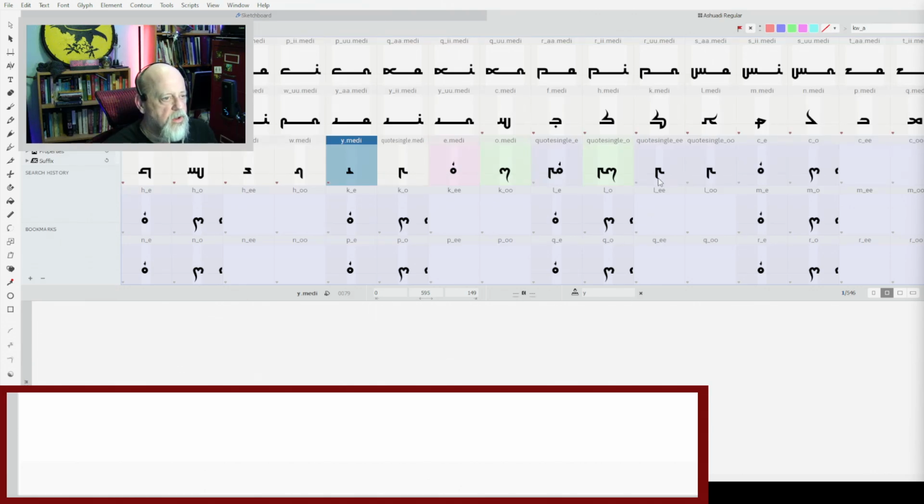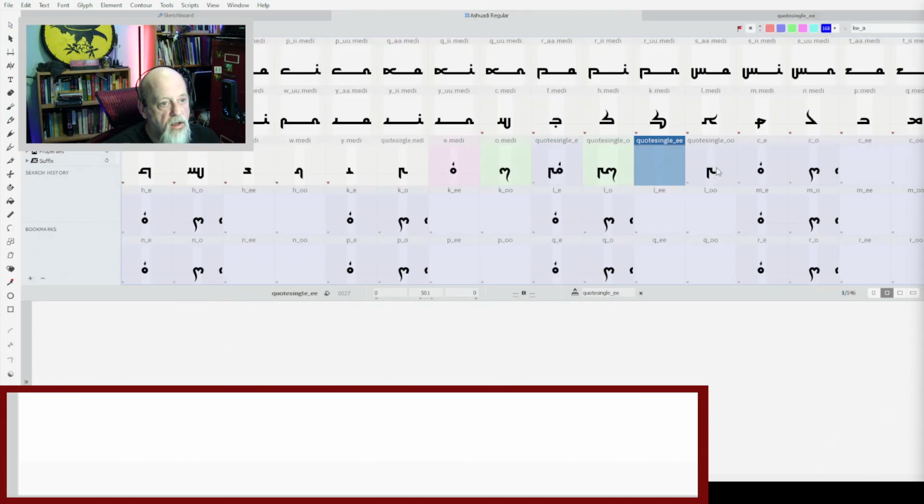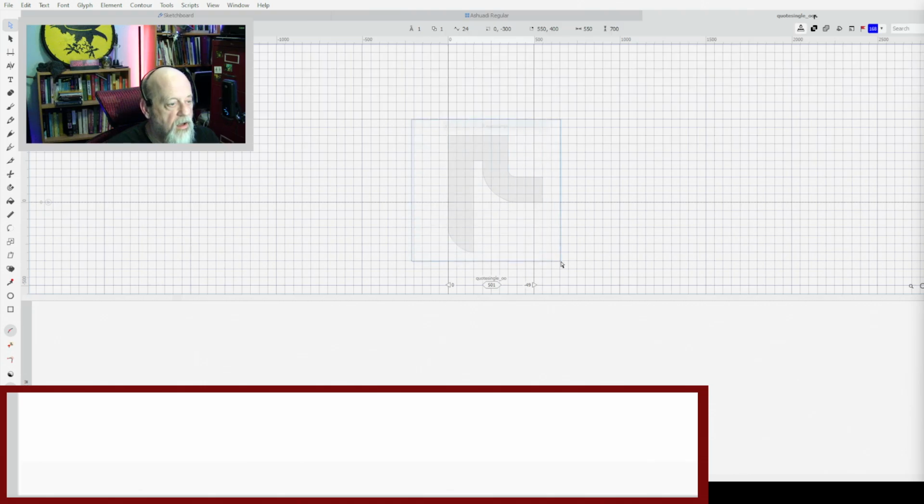As a matter of fact, I could do some of that right now while I think about it. Oh yeah, you have to decompose glyph, select, delete. Decompose glyph, select, delete.